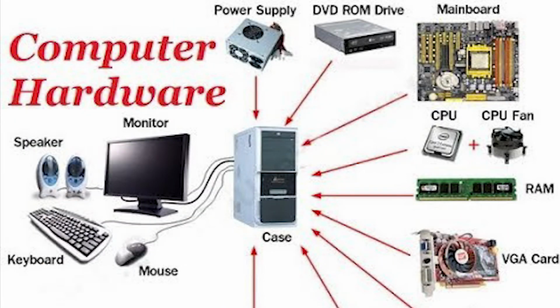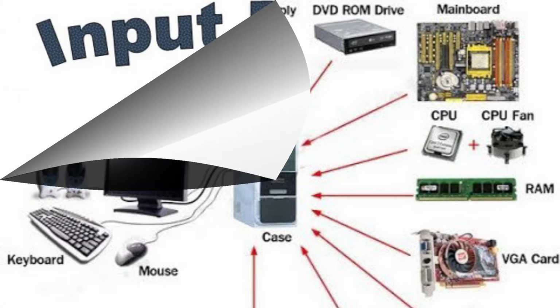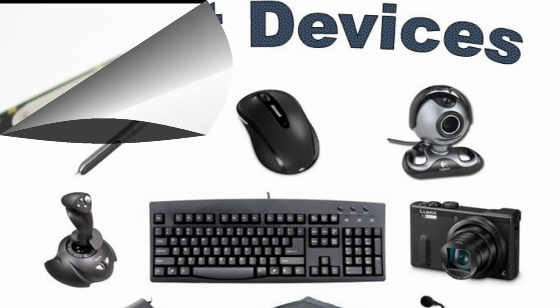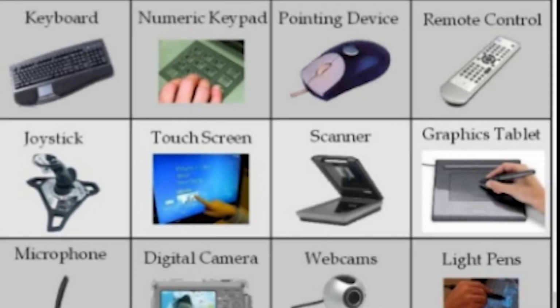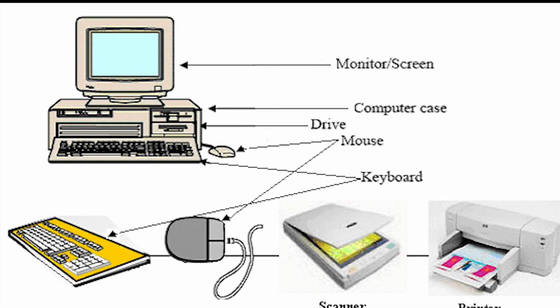The next we are going to see about parts of hardware. Yes, a computer has the following parts, that is input devices, processor and output devices. What are input devices? Input devices are used to give data and instructions to the computer. There are different kinds of input devices of computer that will help to enter the data, and it will process it to meaningful information, and it gives us a result as output.